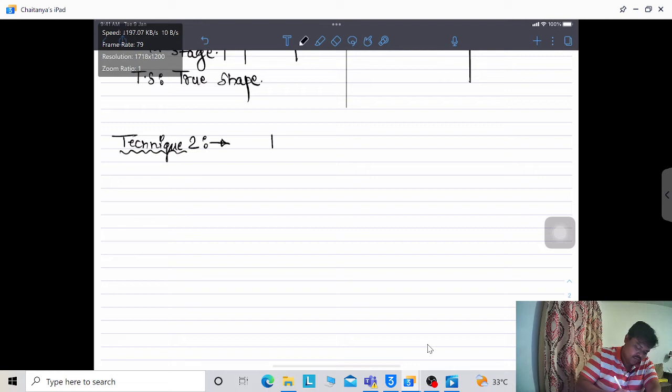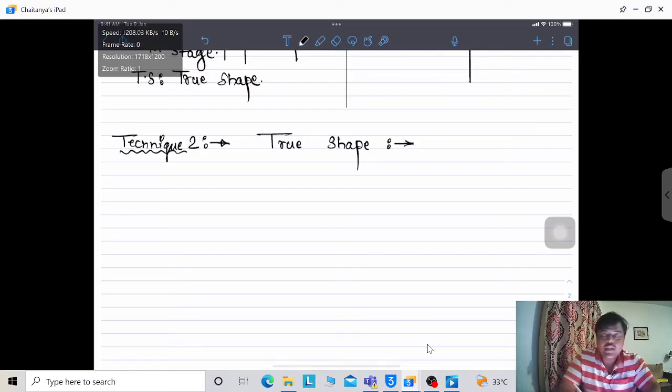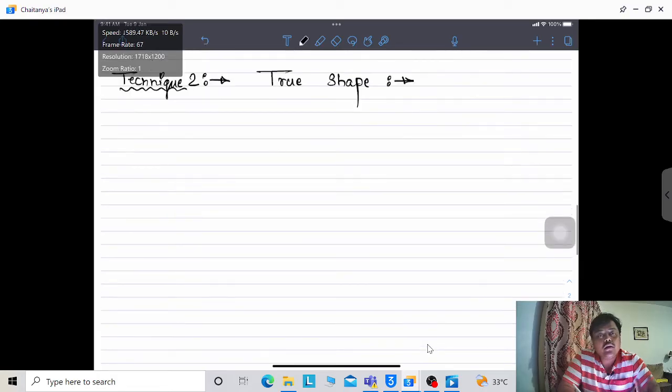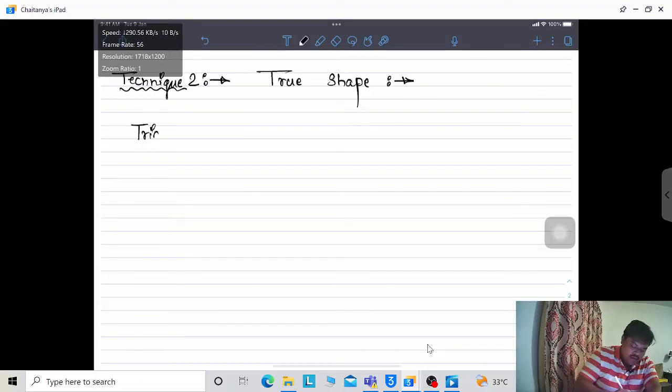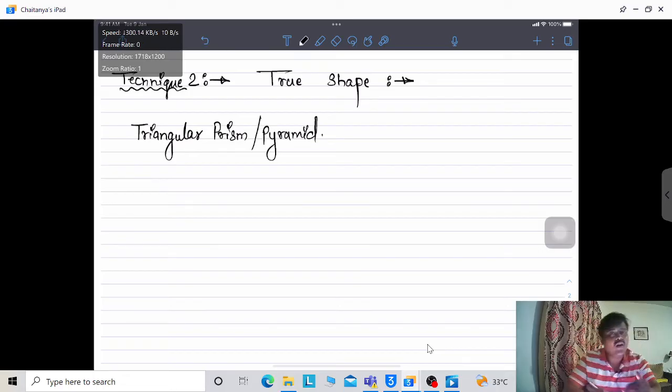ट्रू शेप कि ट्रू शेप आपको कैसे ड्रॉ करना है. Okay, there are only two possibilities of drawing a true shape. I'll start from ट्रायंगुलर, मतलब क्या, अगर मैंने प्रिज्म लिया तो ट्रायंगुलर प्रिज्म भी रह सकता है, या फिर पिरामिड भी रह सकता है। सिमिलरली अगर और एक मैं बढ़ा दूं उसमें लाइन, तो it may be a